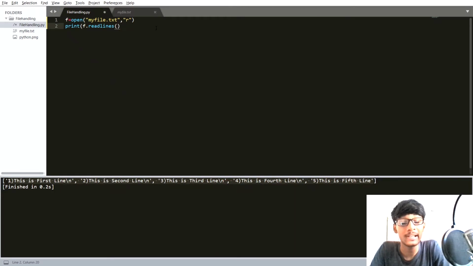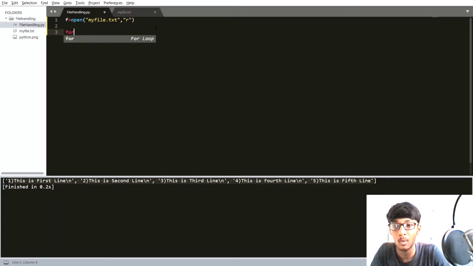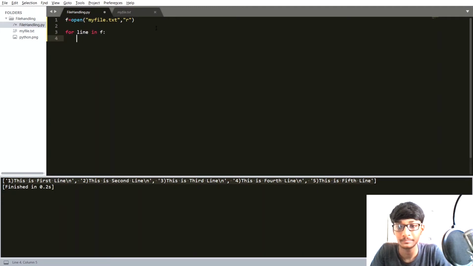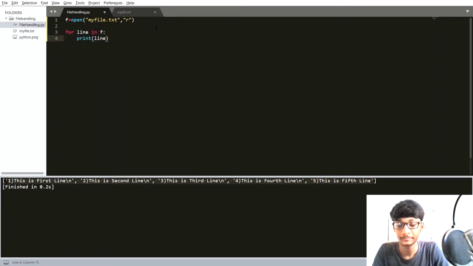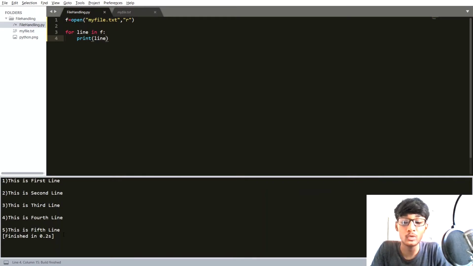Now we are going to learn how we can read our text file with the help of a for loop. So I am calling for line in app, print line. Here you can see that it is showing us the content of our text file.